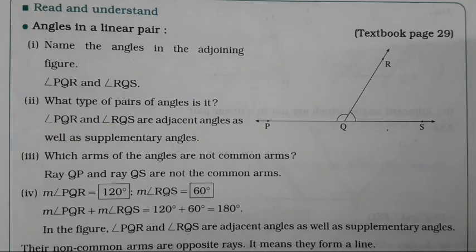Today we are going to study chapter number 4, angles and pairs of angles, practice set number 19 and 20 we will be completing in today's video. So first we will be completing practice set 19. In that we have to state whether the angles are in linear pair, adjacent pairs. So first we have to understand what angles in linear pair are.